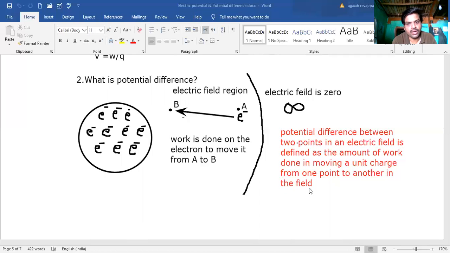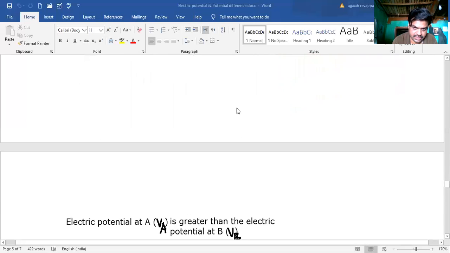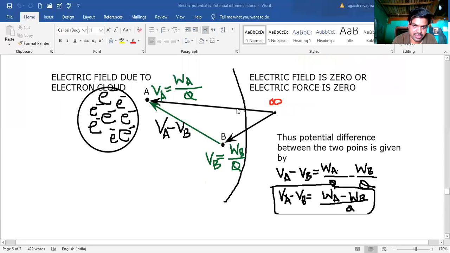Again, when you go higher and higher, potential increases because height increases. Always there is a difference. When you take two different heights, first floor and second floor, the gravitational potential is more at the second floor compared to the first floor. So in the field, you take any 2 points, there is a potential, but always there is a difference in the potential. At B it is higher, at A it is less. We'll see why it is greater at A and less at B.